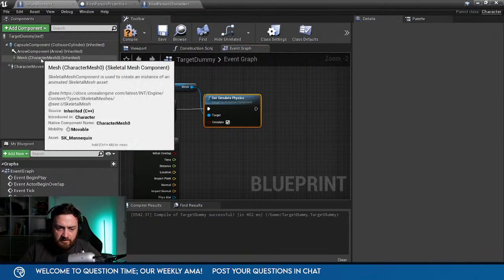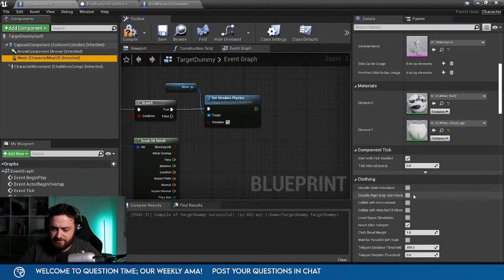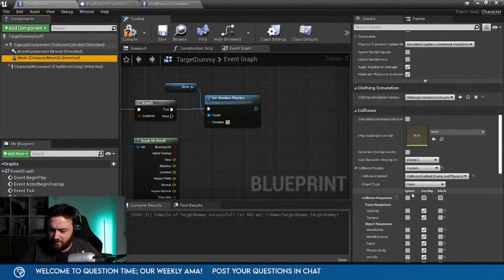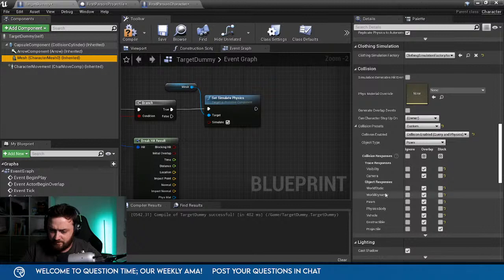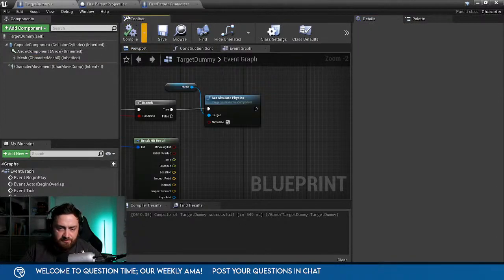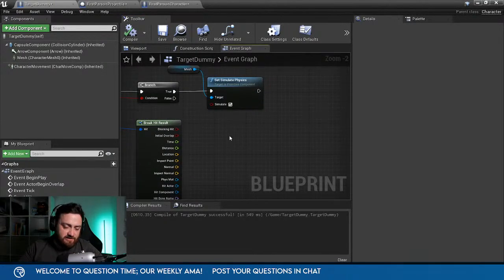The mesh, we've already told it to have physical connections, but we have to tell it to also block world static. So we'll block world static and dynamic. Why not? Yeah, do that. And then we want to send it somewhere. So I need to attach it to a place.